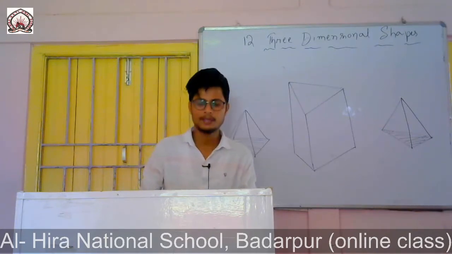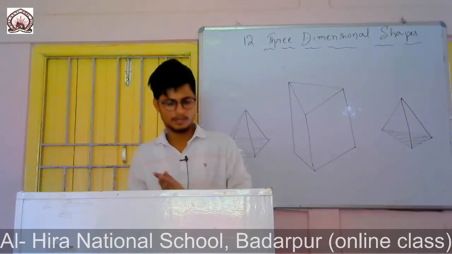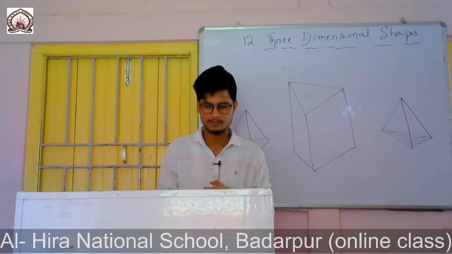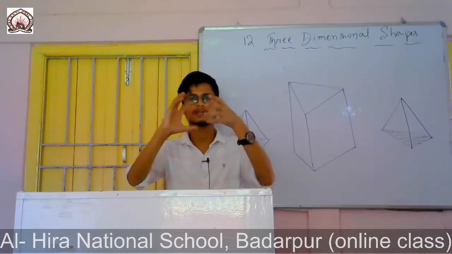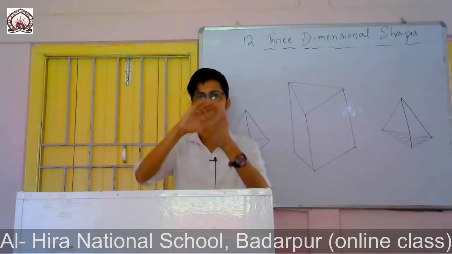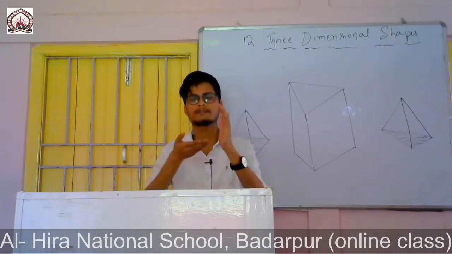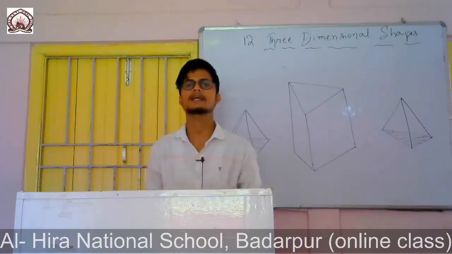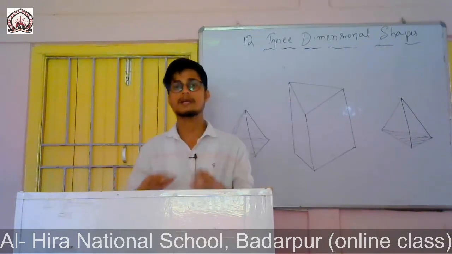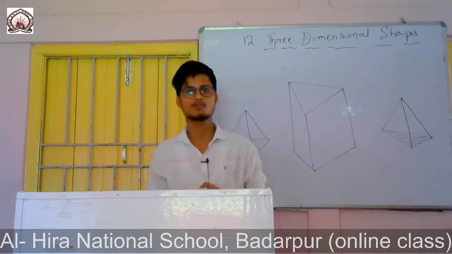Then a cube. For a cube, you can see the Rubik's cube. Have you seen that so many colors are there? You have to arrange them in different colors like yellow, red, blue. Small boxes, you have to just arrange them, make the sides the same. So this one is a cube, the Rubik's cube.